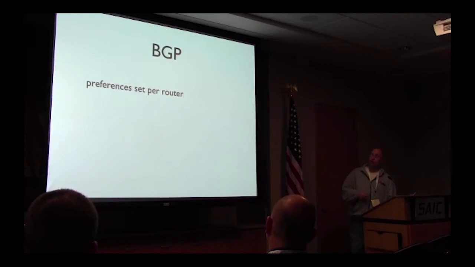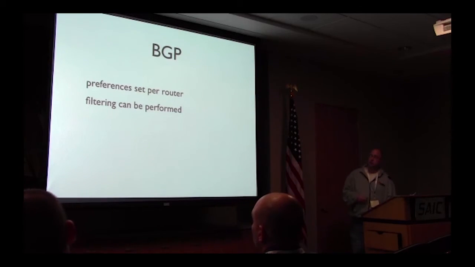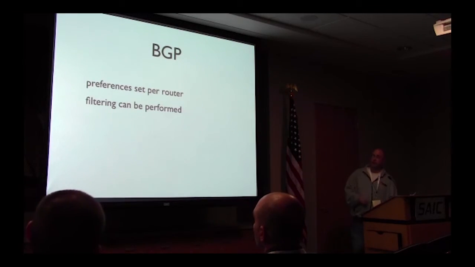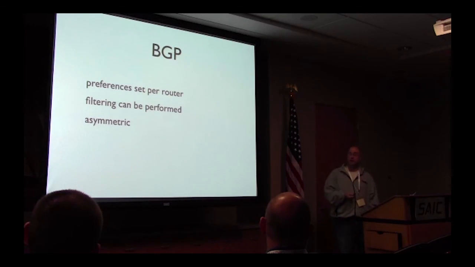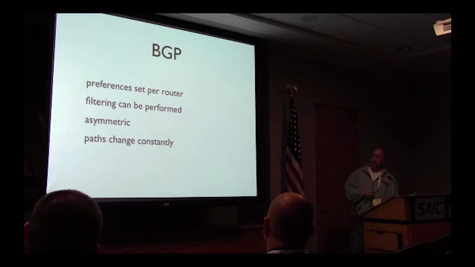So you can set the preferences per router, and there's sort of a standard set of preferences that are recommended based on 3 tiers of different sizes of autonomous systems and the amount of traffic that they have and can handle. Filtering is performed, or supposed to be, it's frequently not, and that leads to lots of the security issues that we have. It's asymmetric, so every time you send the packets, it might not go through the same way, and when you send a packet and it sends a response back, it might not take the same path. These paths are